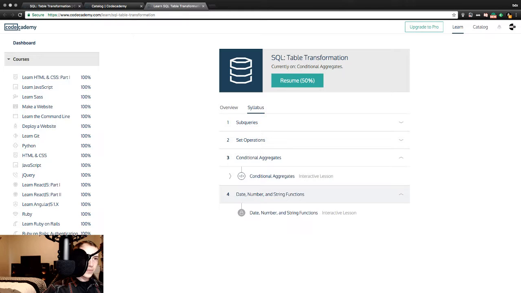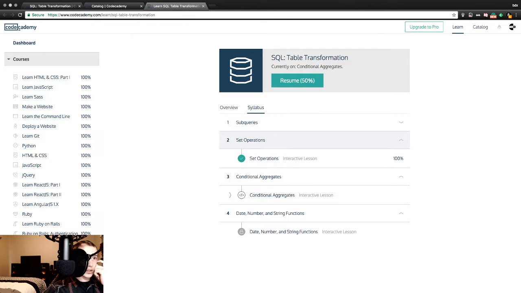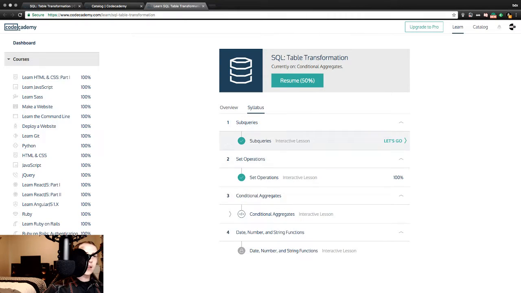There we go. So we just finished section 2. We've been contemplating doing section 3. I think we're going to start it. This has 8 sections to it. This has 9. The first 2 sections. Oh, and that's right, there's only 2. There's no way. They must have overestimated. Subqueries and set operations. Set operations was 6 parts, and it took, I don't know, 15 minutes?